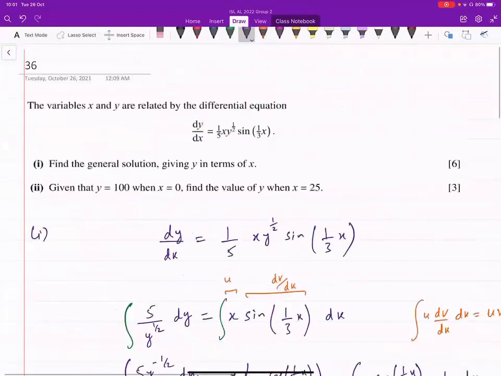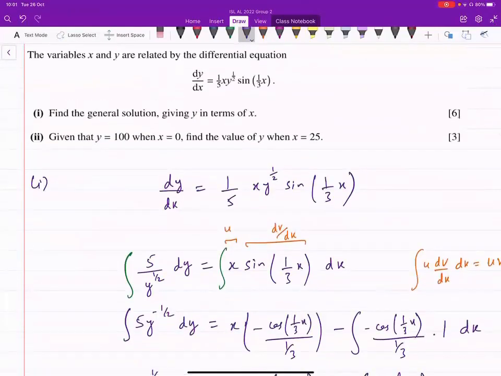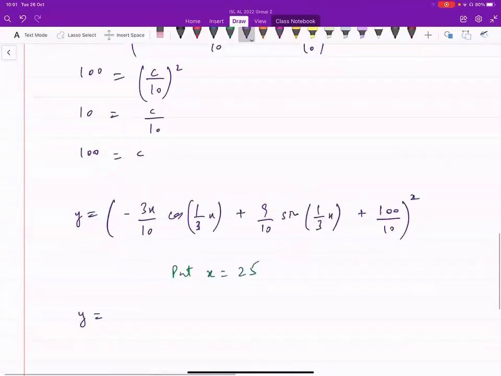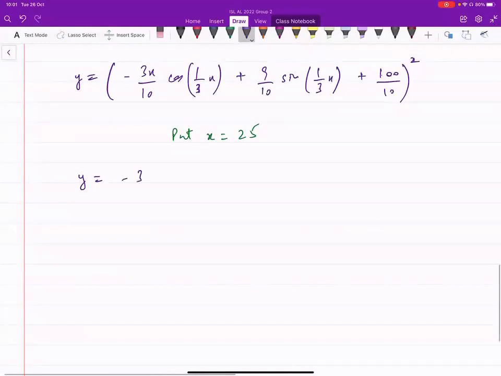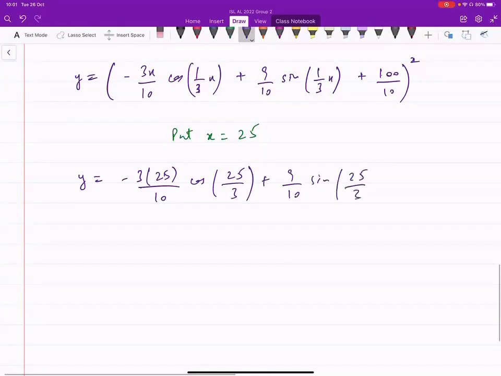अब उसने हमें क्वेश्चन में कुछ नहीं कहा हुआ कि आपको एग्जैक्ट वैल्यू चाहिए, डजंट मैटर, यू कैन पुट दिस इन डेसिमल्स. ठीक है, आप बस वैल्यू इनपुट करोगे. -3 into 25/10 into cos of 25/3 plus 9/10 into sine of 25/3 plus 10 and then whole square of that whole thing. ये आप पूरा कैलकुलेटर में इवैल्यूएट करेंगे और देख लेंगे आपके पास y की वैल्यू क्या आती है. 203.278,